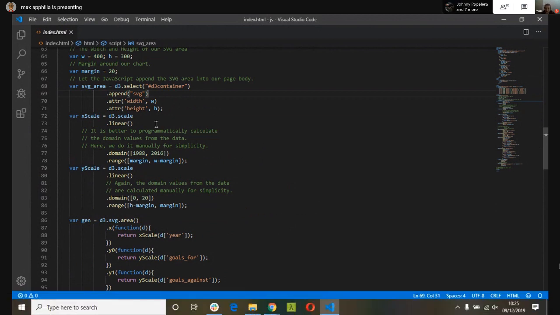So we specify the X scale, this is the horizontal scale, and Y scale is specifying the vertical scale. If you notice on line 77, we specified the horizontal scale, but we're also saying that, okay, I want my data domain to be between the range of 1988 and 2016. So that's the maximum range. So we've got what, 18 years there? What was it, 18 years? Oh, more than that, actually. And then the margin, the range, which is the visualization, is